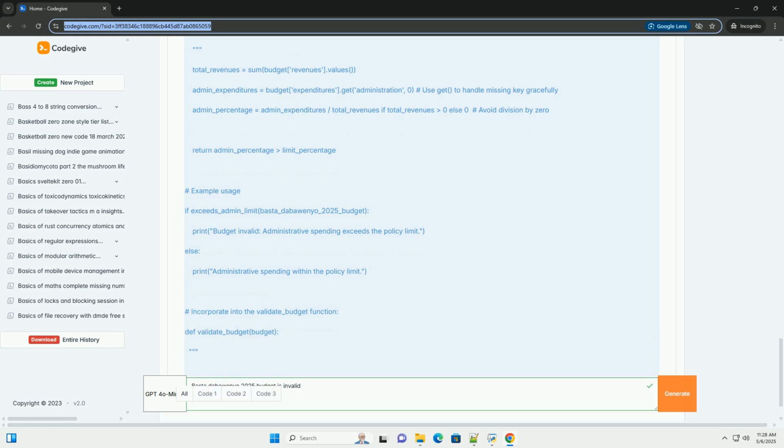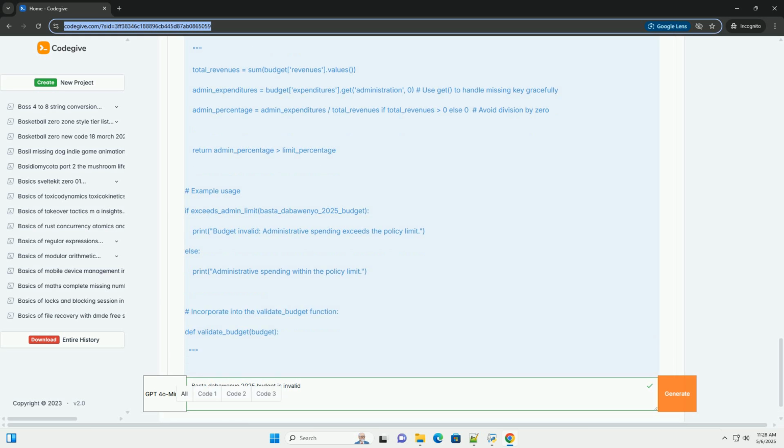If the growth exceeds max_growth_percentage, it's flagged as invalid. Important: in a real system, you'd need to fetch the previous year's budget data from a database or file, not hard-coded. You'd also need to have a justifiable max_growth_percentage based on economic forecasts.